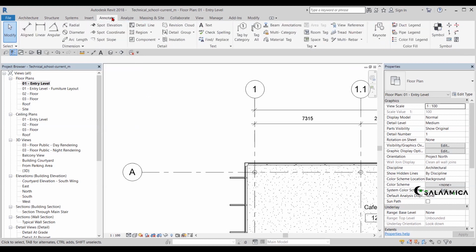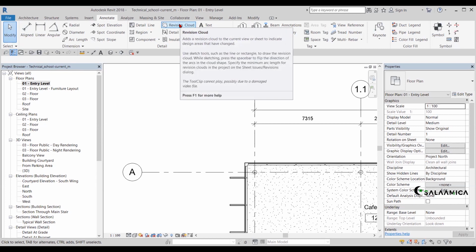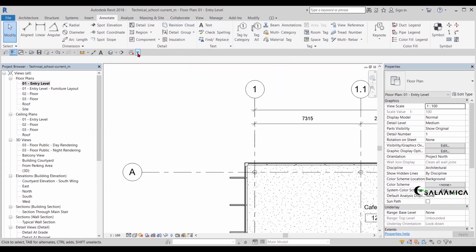One example maybe. Okay, let's go to the Annotate tab. And if you look for this tool called Revision Cloud, you will see that there is no open and close parenthesis and shortcut. So this quick access toolbar might help you to lessen your working time.